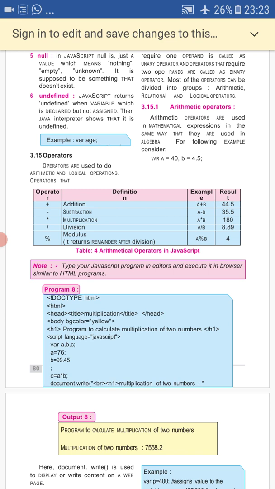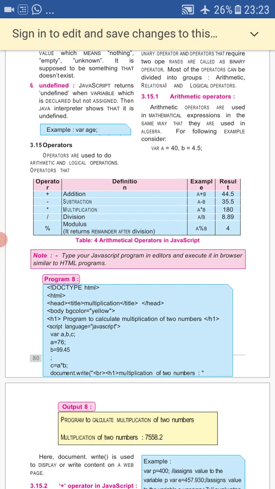Whenever we have to perform any operation, we perform the operation on the operands, whereas the operator tells what operation has to be done. So let's start with the very first category, arithmetic operators. Now what is an arithmetic operator?